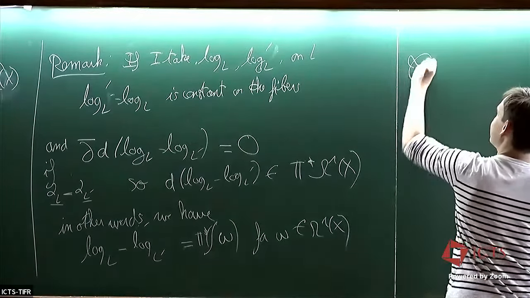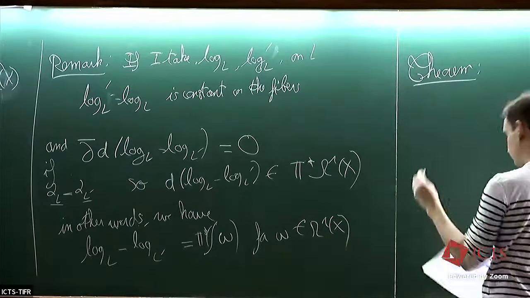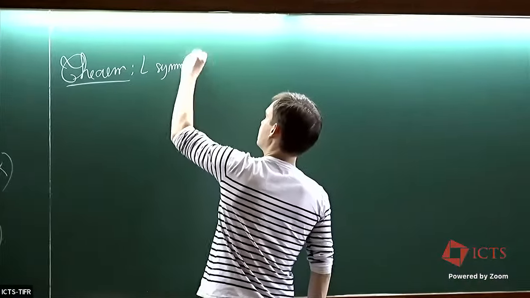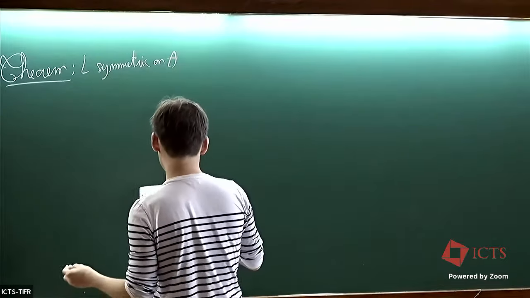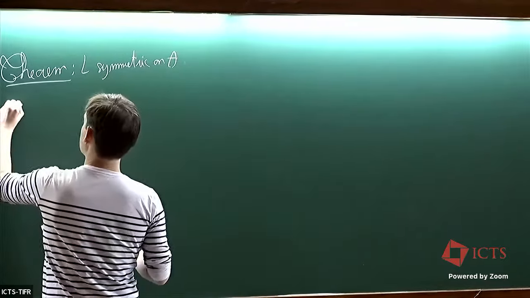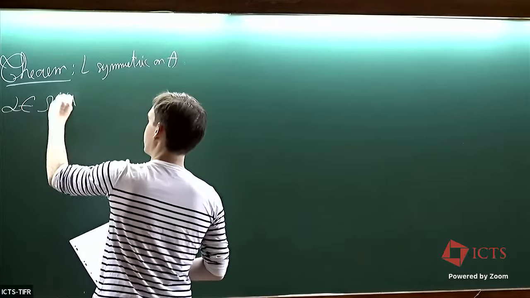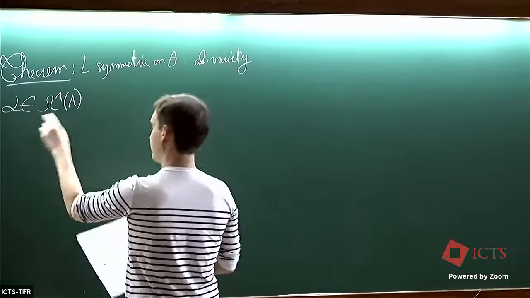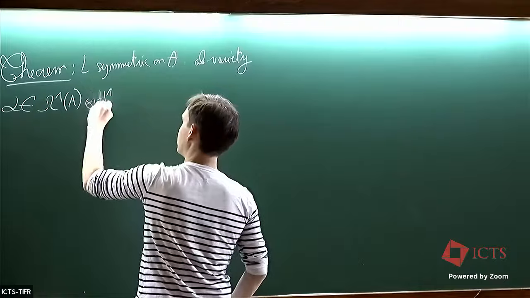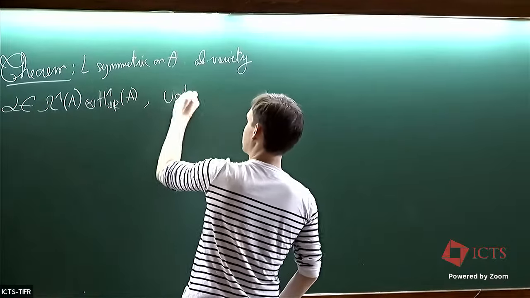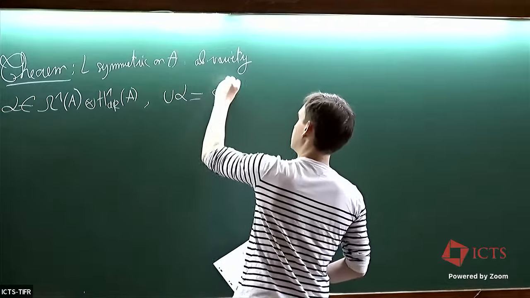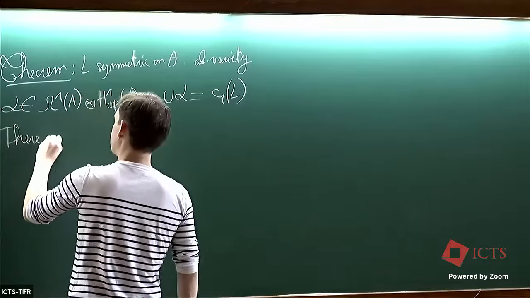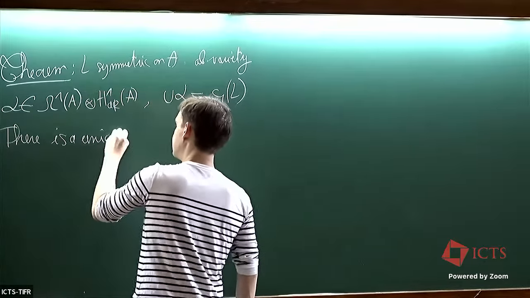So the theorem is the following. So I take L symmetric on A. I take alpha in omega 1 of A. So again, an abelian variety. Here, I take alpha in omega 1 of A and an element of H1 Ram, such that the cup product applied gives me the Chern class. There is a unique good